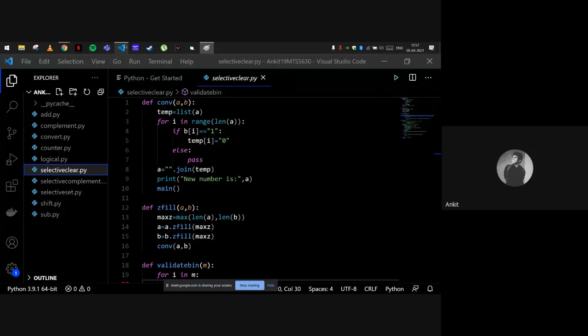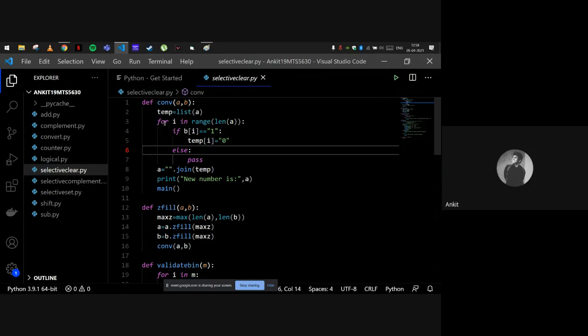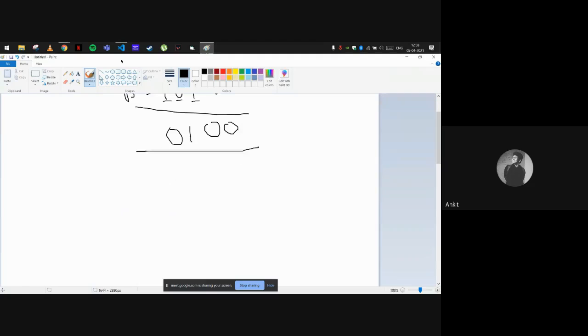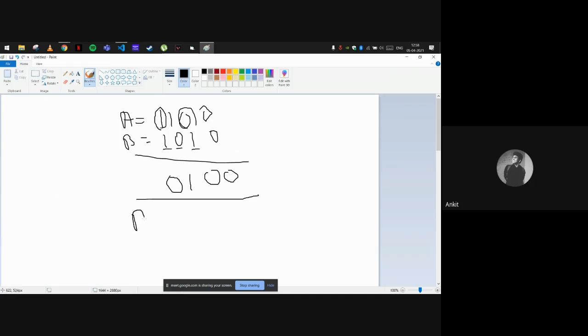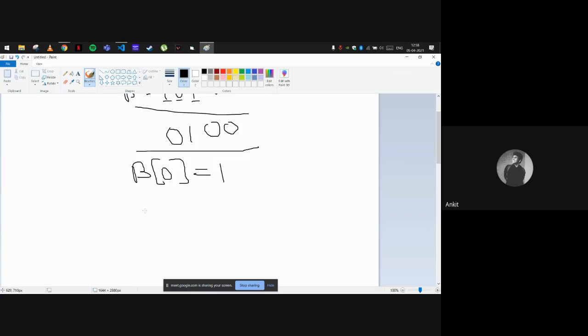And the program is this, that we will start with a loop. For case 1, b0 is 1, and a0 is also 1.